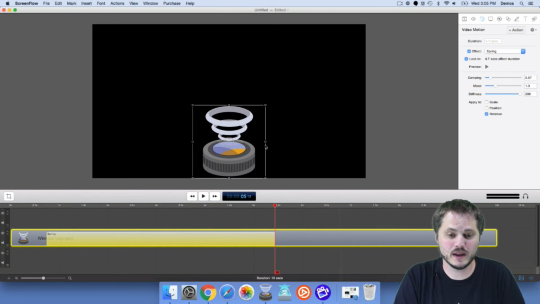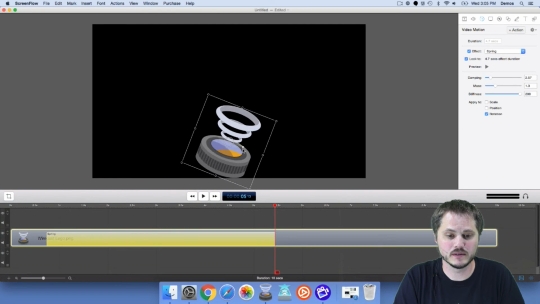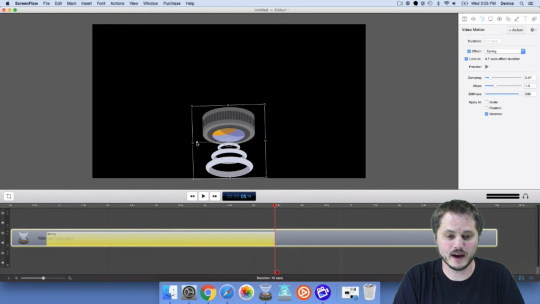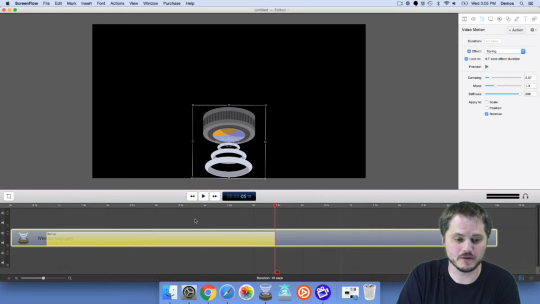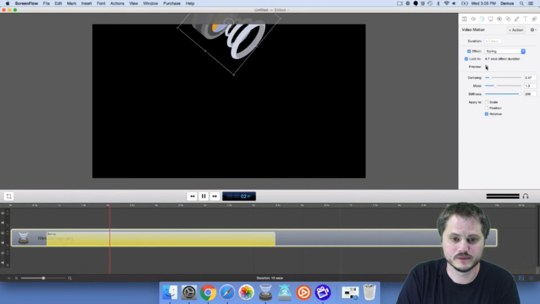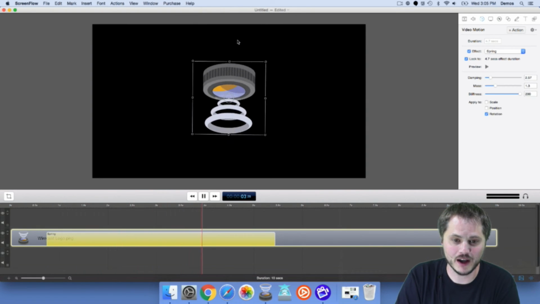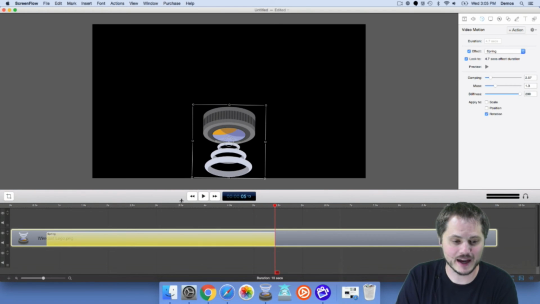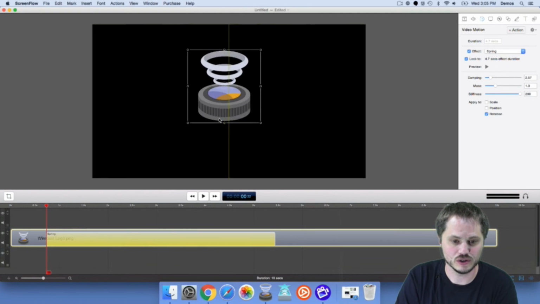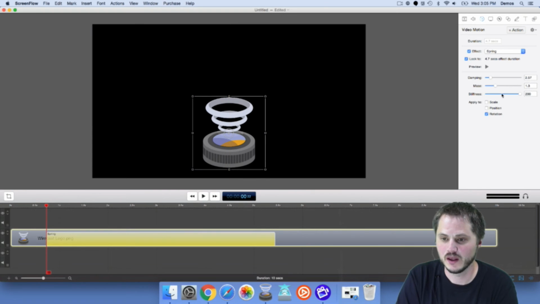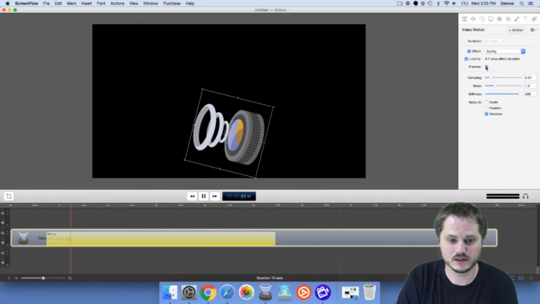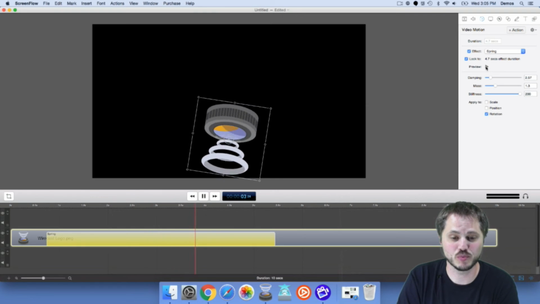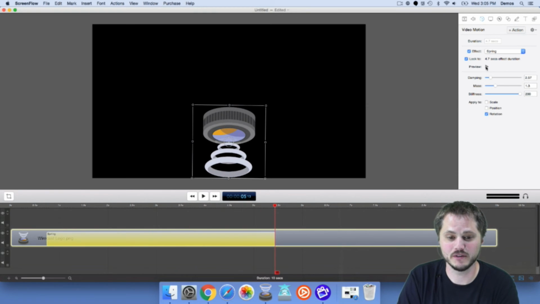Now, if we rotated the object by the bottom of it and made it, say, upside down, let's see how that affects things. What's interesting about that is it really rotated up at the front, and now it's just settling down into its final rotation position. Most of the action was actually off the canvas screen, so we may want to change the position to, say, down near the bottom here. Now, if we watch this,